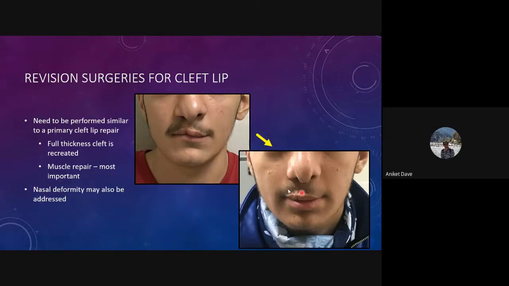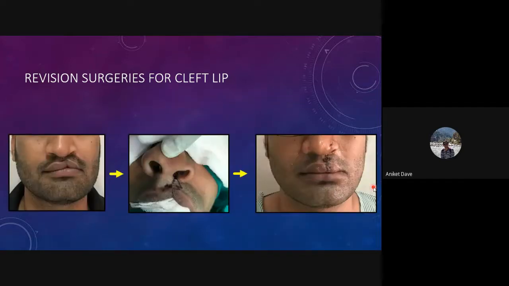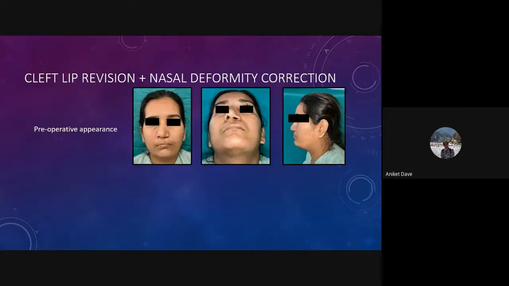So these are the results after a revision of a cleft lip surgery, which has been performed outside with not very good results initially, but after revision, the patient was quite happy. He had a nearly normal appearing upper lip. This is another example of a left-sided cleft lip, which was managed in childhood, and the patient presented to us as an adult with this deformity in the upper lip, which was corrected by the Tennison-Randall technique. And we could get good results with good realignment of the white roll and lengthening of the upper lip.